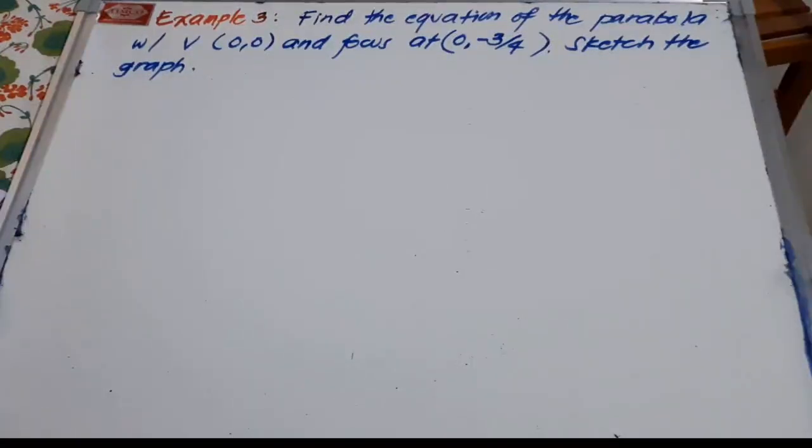So we have example number 3 on the topic about equation of parabola with vertex at the origin. It says, find the equation of the parabola with vertex at 0, 0 and focus at 0, negative 3/4, then sketch the graph. So, kabaliktaran ito ng